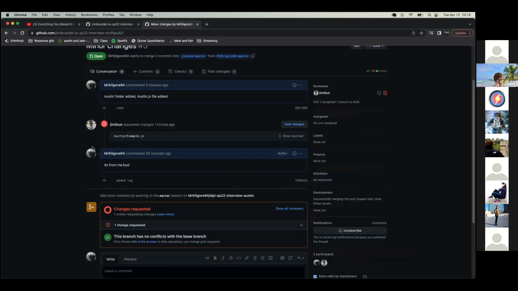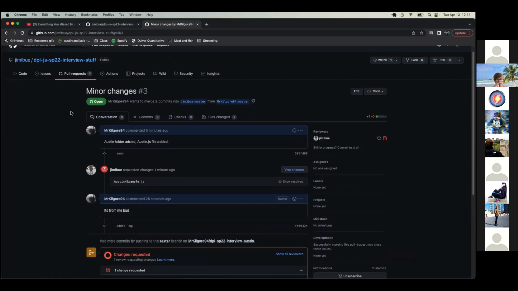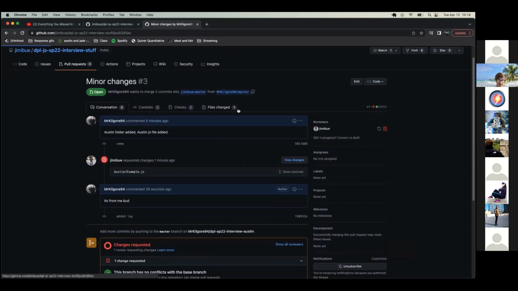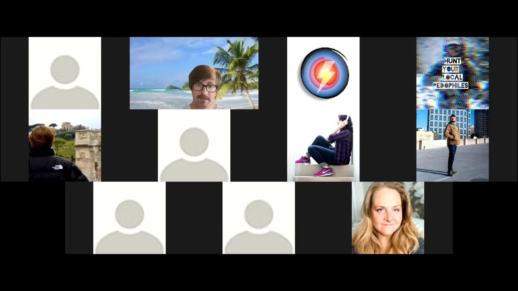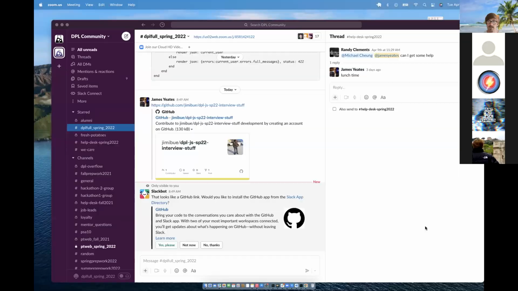Cool. Now go back to your GitHub. Now go to your files changed. You can see it at the bottom, or it's on the right there, files changed. Sweet. So it's going to go up there. It's up on master. So let me share my screen now. Then on my GitHub, I could